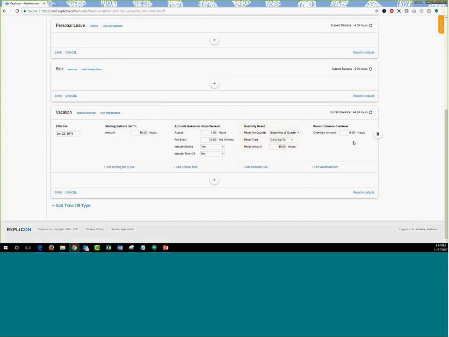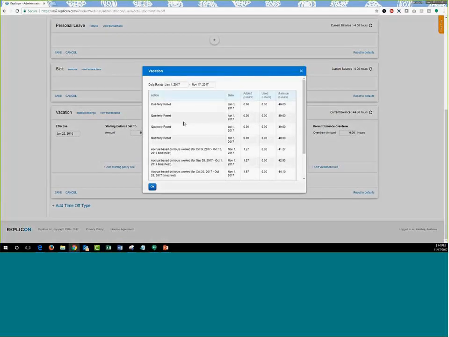The next thing that you have in here is the current balance. If you're an administrator and you keep setting up policies for users and you want to know what the current balance is so that the next policy can be set up accordingly, you have the current balance mentioned at the top right-hand corner right here. So you know what the current balance of the user is. Moreover, you also have an option to view the transaction, so you don't have to run the report every time. You can click on View Transaction and see, from a particular date to the end date, all the accruals and resets that have happened, and if there are any bookings that have been done, when the bookings were done, and what they performed.